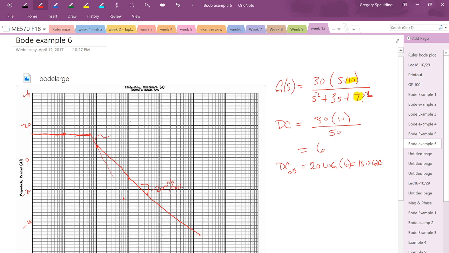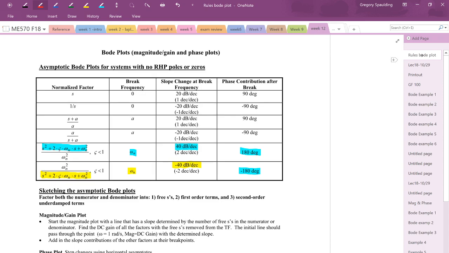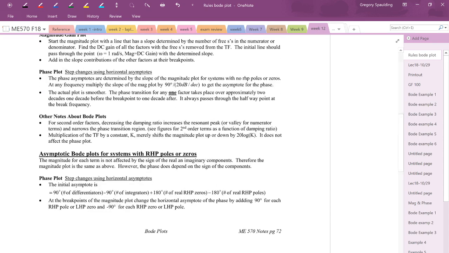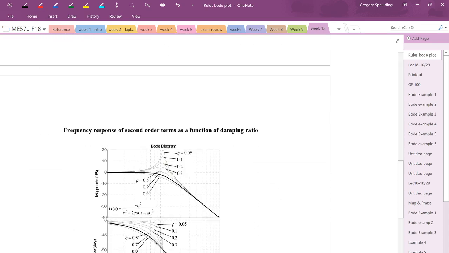Got a little chunk in here that is minus 40 dB per decade. Okay. So that would be our magnitude plot for this, kind of. Okay, now here's where we really got to think through this. If we go back to our rules and look a little bit further in here, we've actually got some other